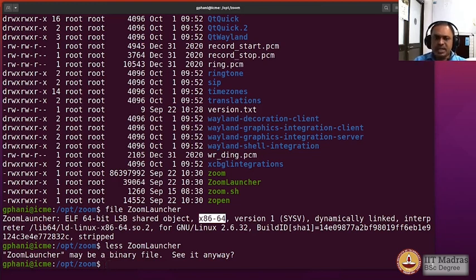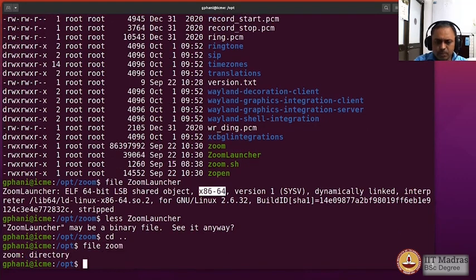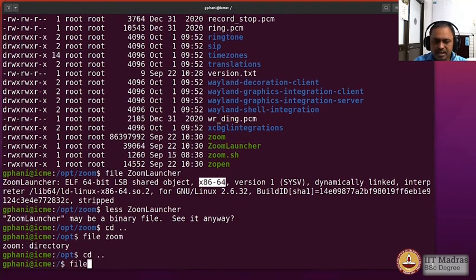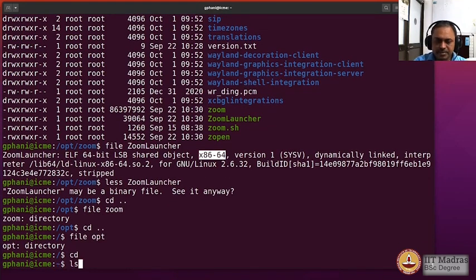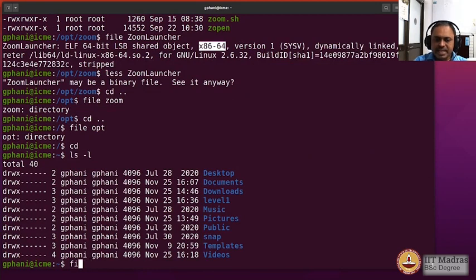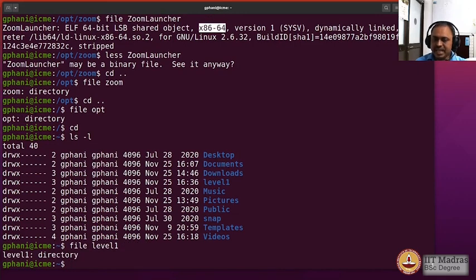So you can find out what type of file it is by using the file command. You can try it also on directories. File zoom, and it says it's a directory. Go one level up, file opt, it says it's a directory. Come to the home directory, try it on level 1, and it says it's a directory.